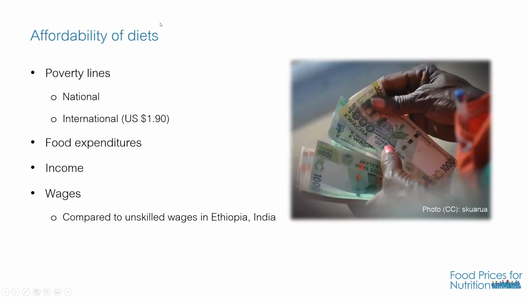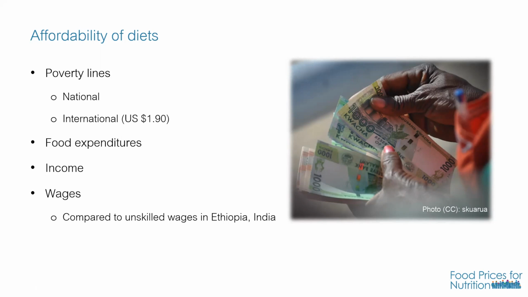And we also look at affordability of diets. As I mentioned earlier, the different metrics are calculated by looking at the cost relative to an income standard. So here I have a list of the potential income standards that you could compare the diet cost to. So for example, national poverty lines, international poverty lines. You could use food expenditures from a household survey, also recommended in the INFORMAS module,